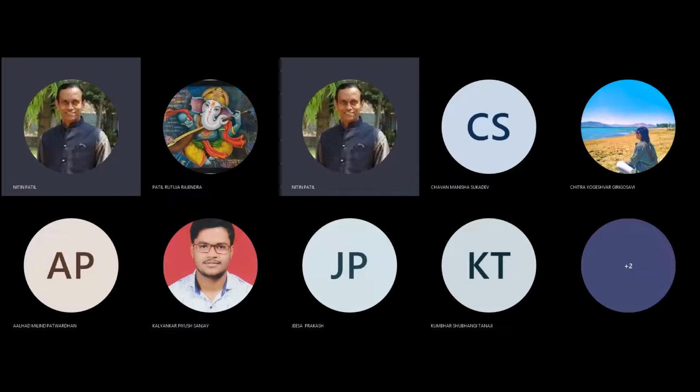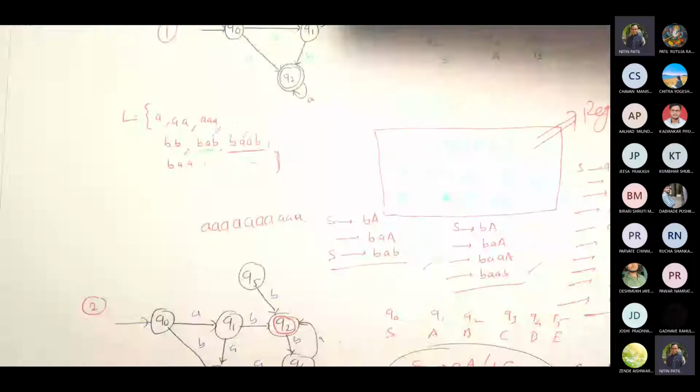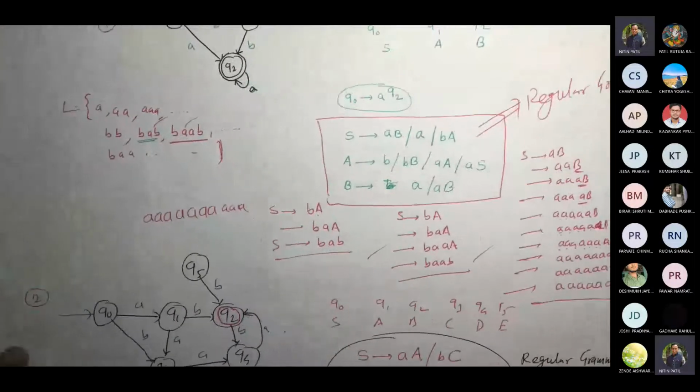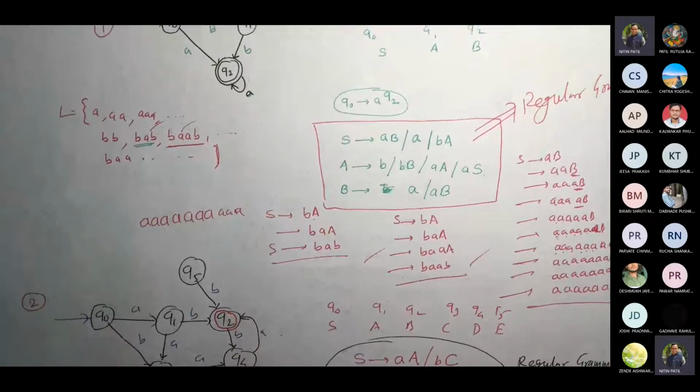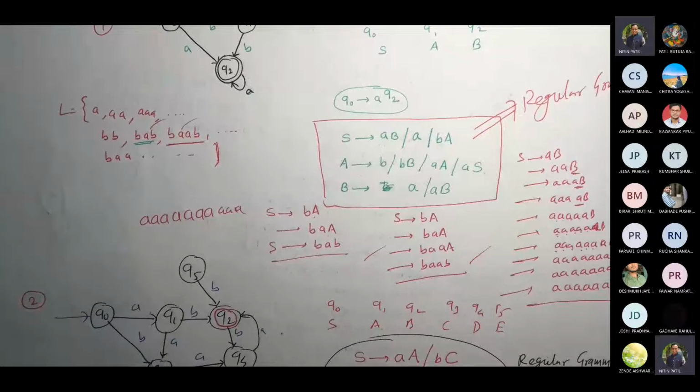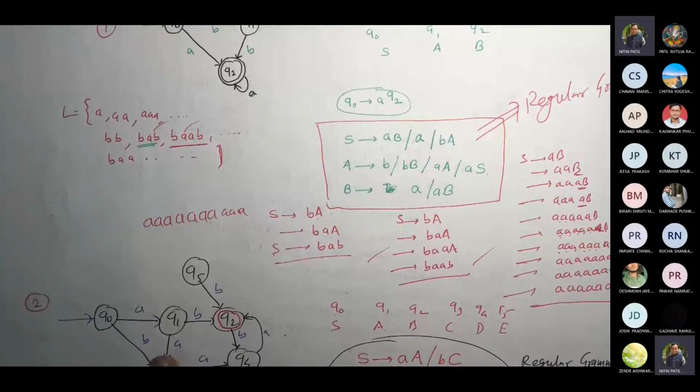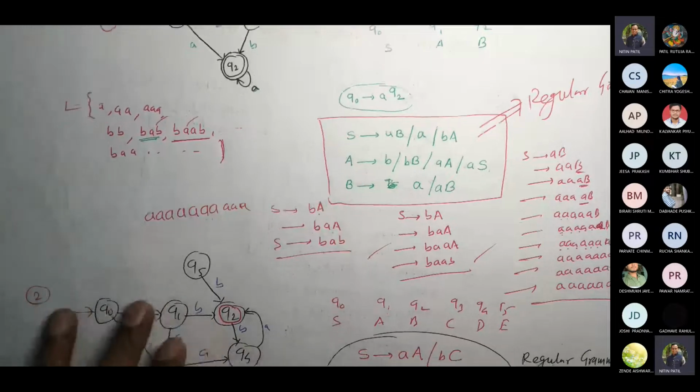Grammar. Okay, and from that grammar we will construct the automata. One minute, let me pull out the page. Yeah, so this was the one which we worked out. We were given this kind of FA and then we constructed this one. Now we'll go in the reverse way. Now we will pick this example only and try to see whether we can get something similar to this or not.